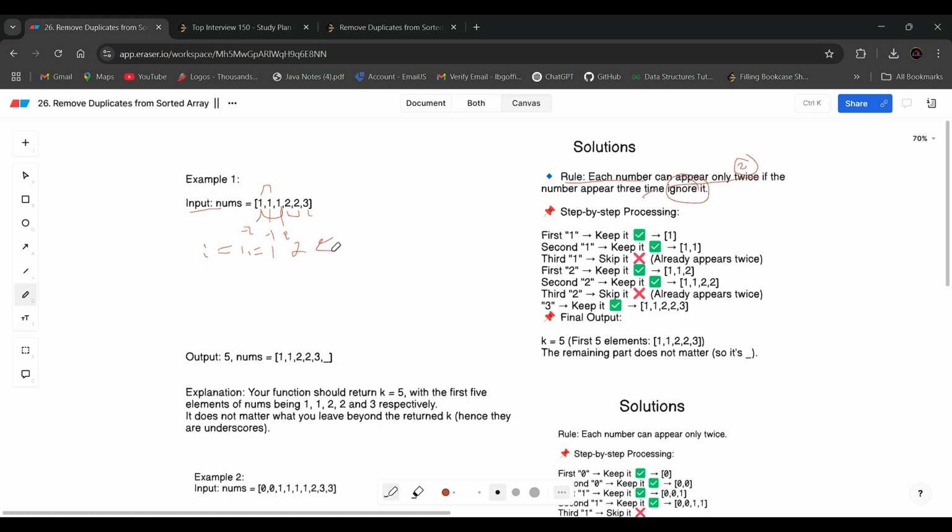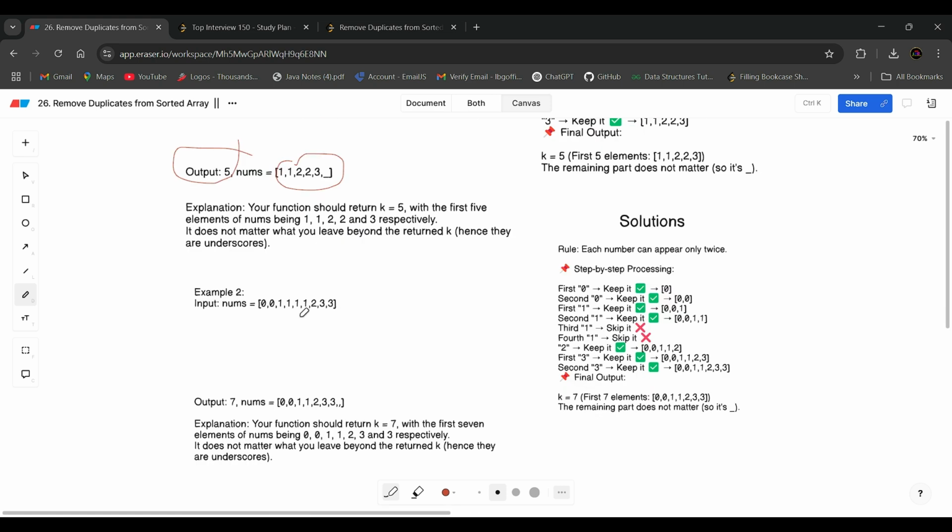So our output is 1, 1, 2, 2, 3, and counting 1, 2, 3, 4 and 5, our output length is 5.